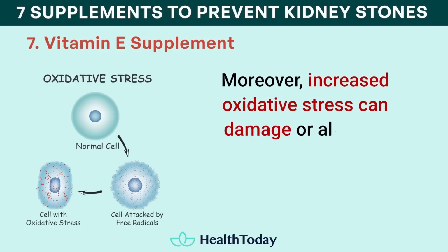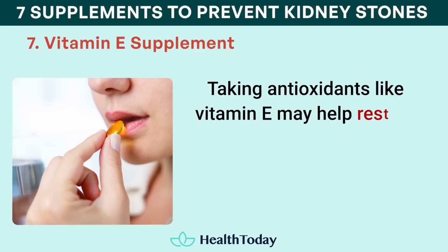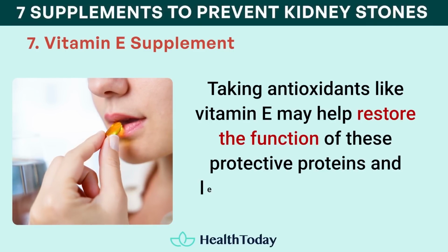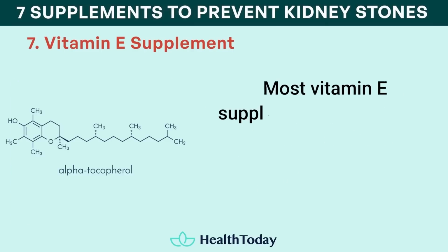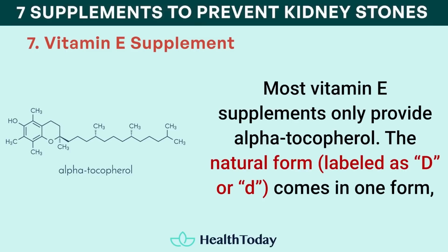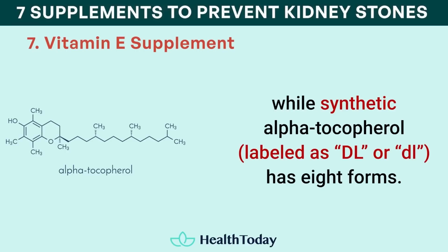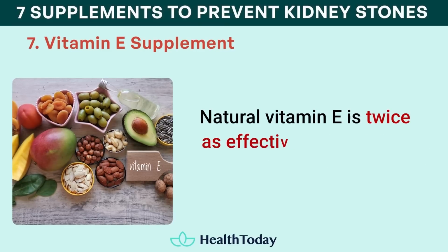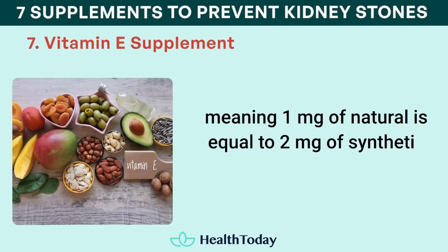Increased oxidative stress can damage or alter the proteins that normally protect kidney stones. Taking antioxidants like vitamin E may help restore the function of these protective proteins and lessen oxidative damage. Most vitamin E supplements only provide alpha tocopherol. The natural form, labeled as D, comes in one form, while synthetic alpha tocopherol, labeled as DL, has 8 forms. Natural vitamin E is twice as effective as synthetic, meaning 1 milligram of natural is equal to 2 milligrams of